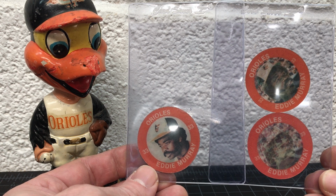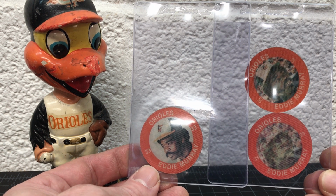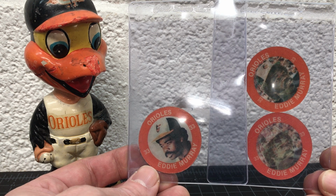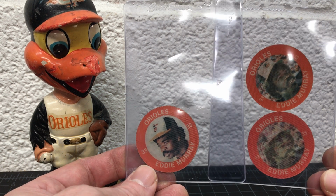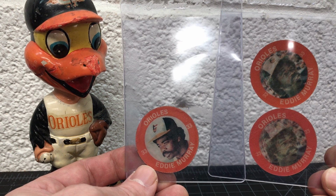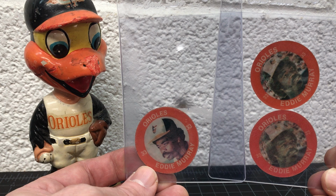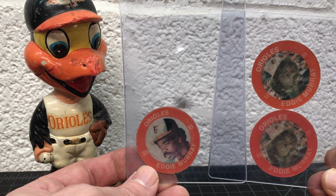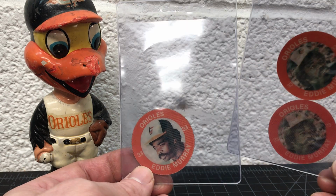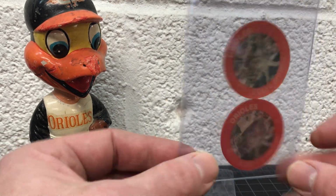Mine were from '87 when I was 11? Yeah. No. Wow. Math, guys. I was 9. So mine were all from '87. And I still have a couple of them. But I went back and got a couple other ones. I got the Eddie Murray from '84, and then these are the 285s that are from the different